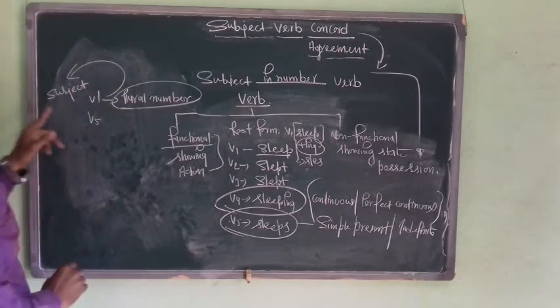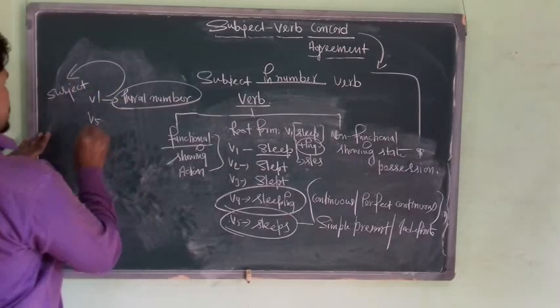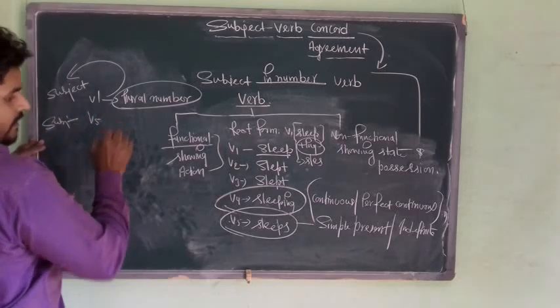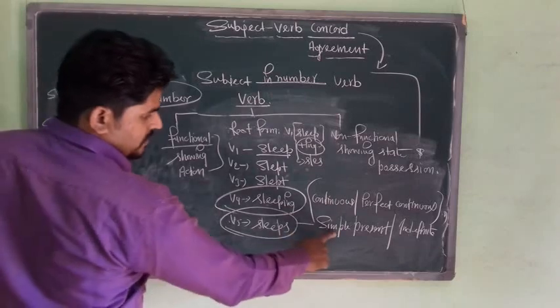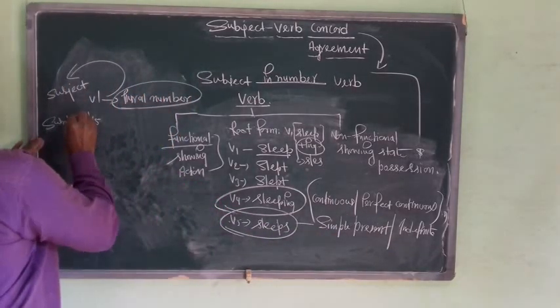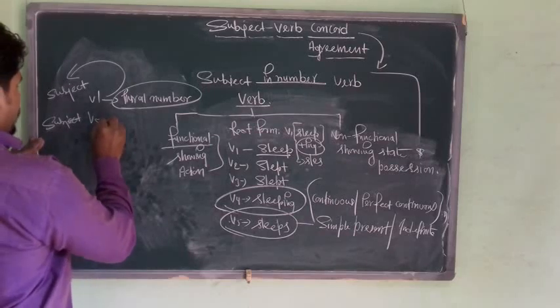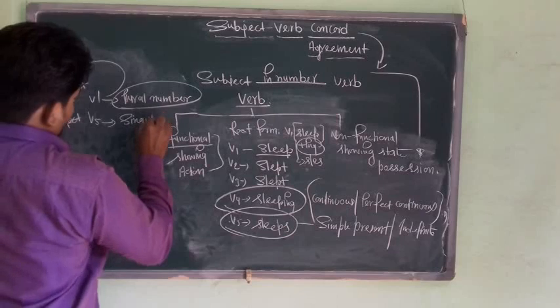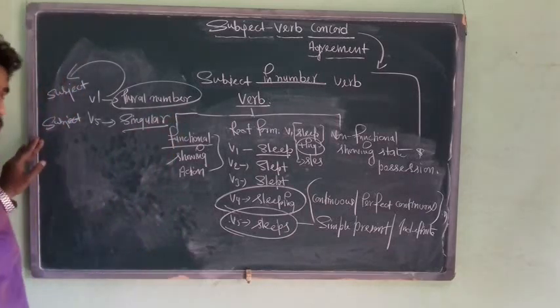Understood? It always takes a plural subject. Whereas if there is a singular subject, and I have told you in which tense it is used, simple present or present indefinite tense, here if the subject is singular, we always use the singular form of the verb, that is the fifth form of verb. For example,